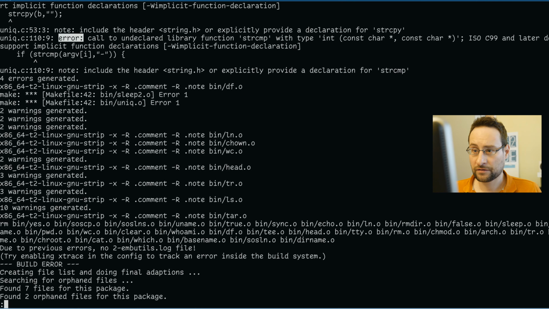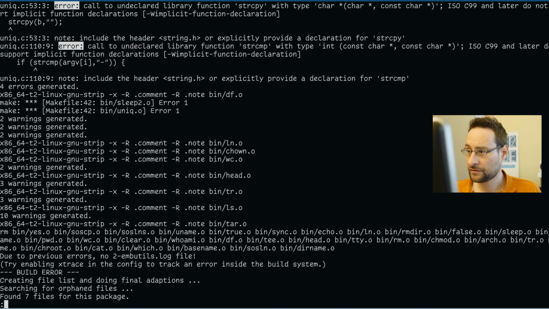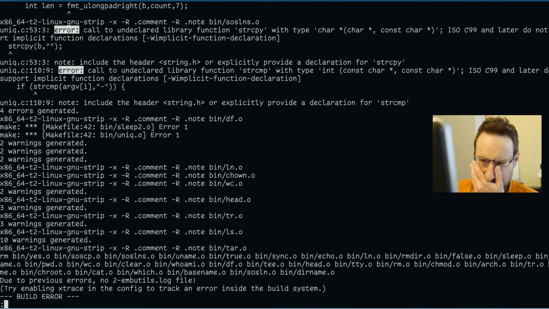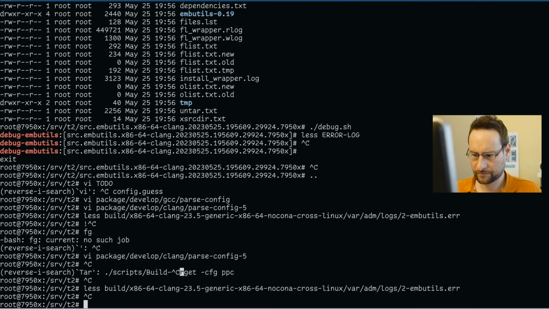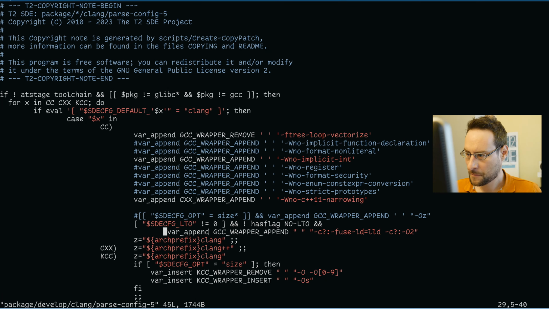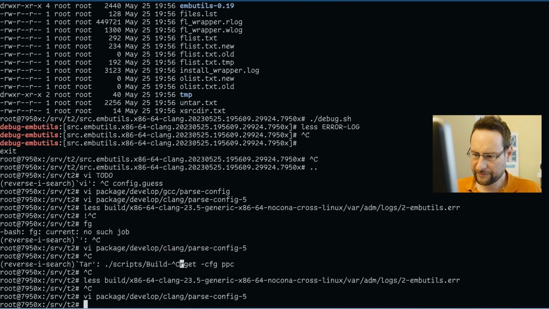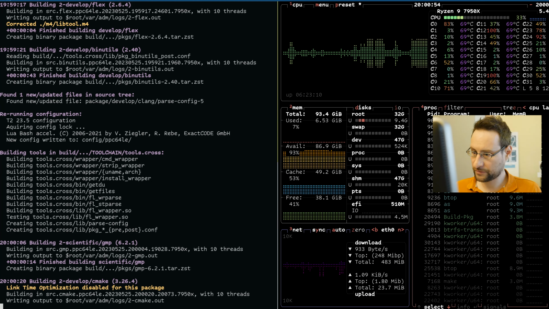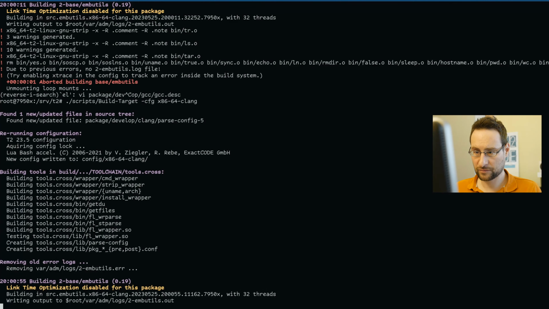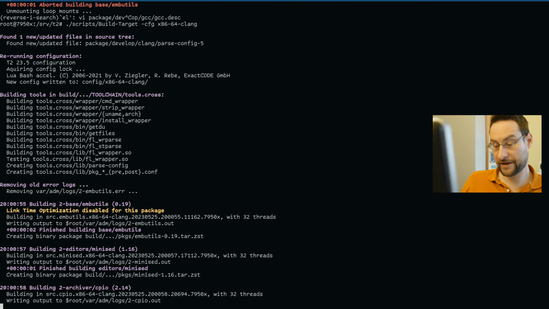Implicit function declaration. Okay, this is... Wait, no, this is. Which even is it here? Implicit function declaration. Implicit function declaration. It might very well be that at the end we end up adding all of them, but at least I want to see once more that they are really okay. So yeah,